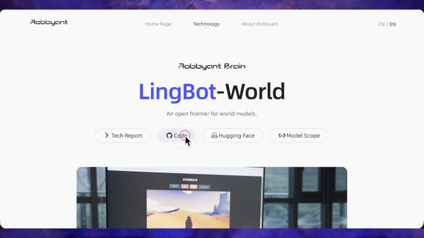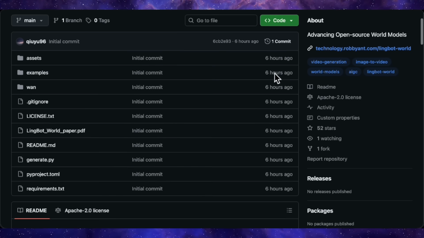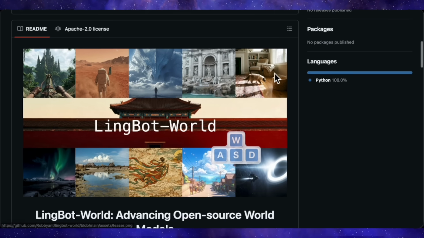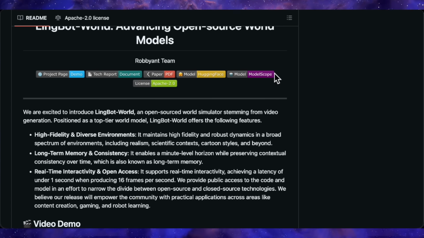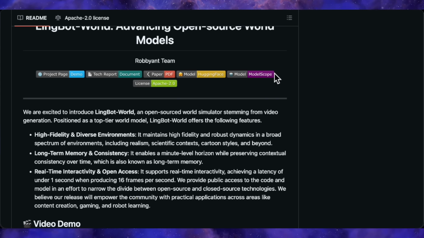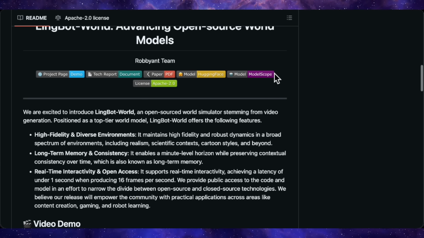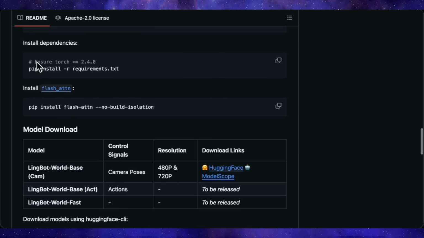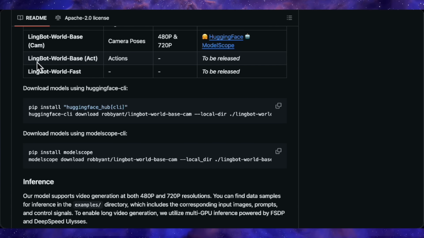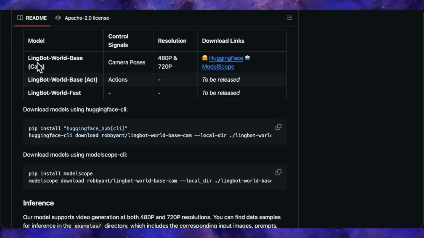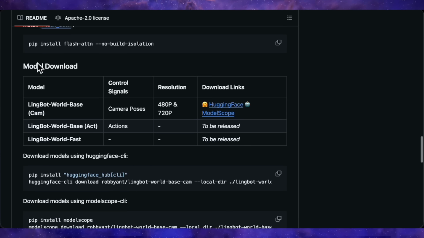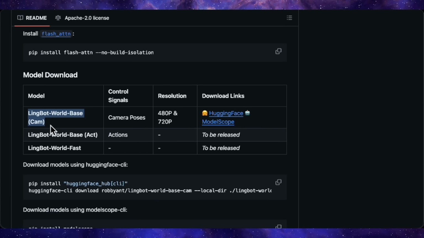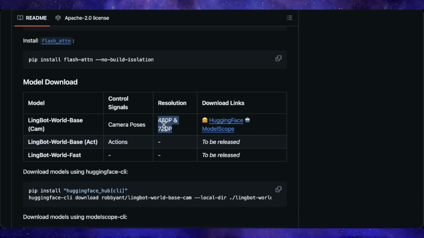As for availability, they just released the code and model weights on GitHub a few hours ago. The cool thing about being built on the WAN 2.2 backbone is that there are already quantized and distilled versions available, which means you could potentially run this on consumer-grade GPUs if you use those quantized versions instead of the full-weight model. Right now, they've released the base CAM model, which lets you generate 480p and 720p videos and control